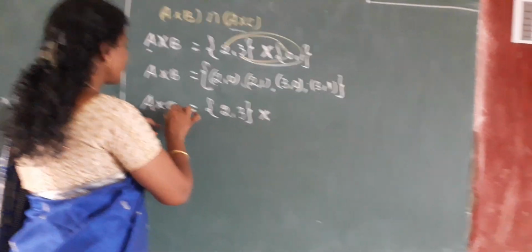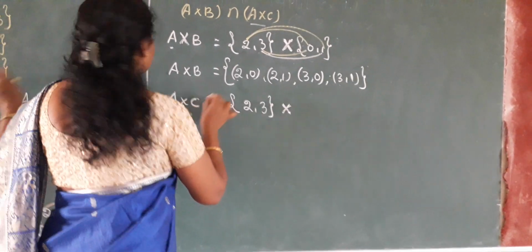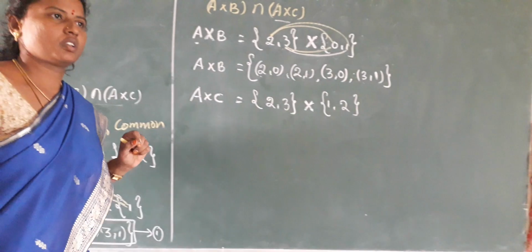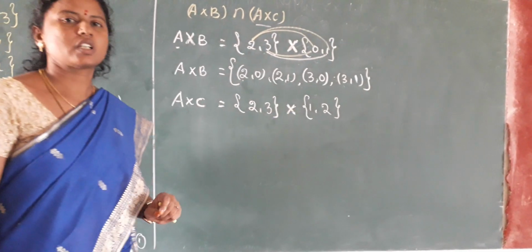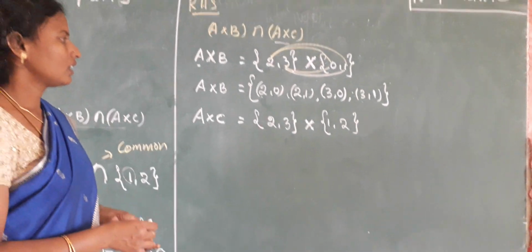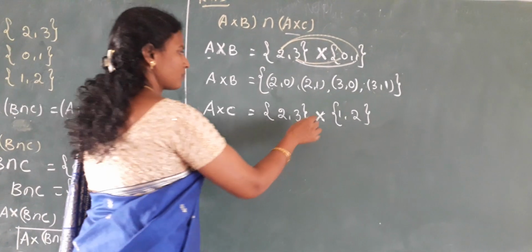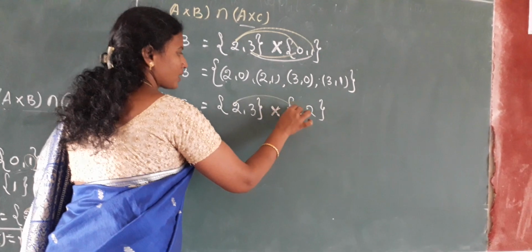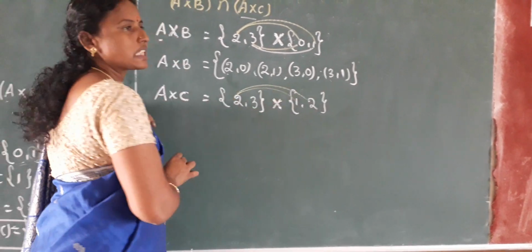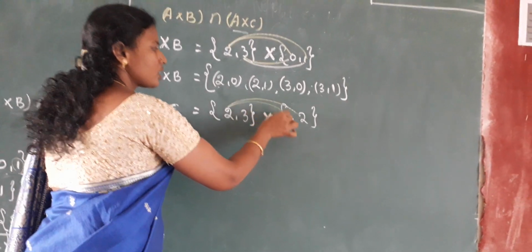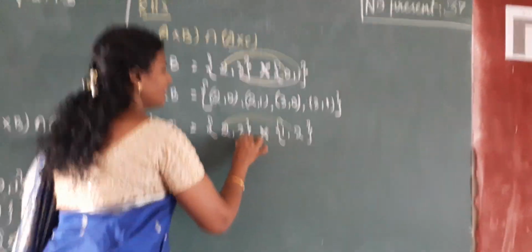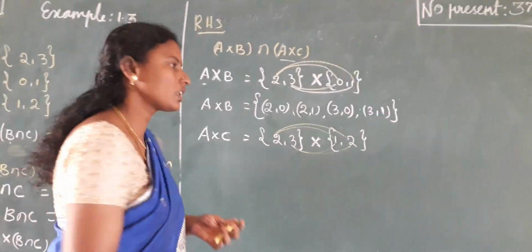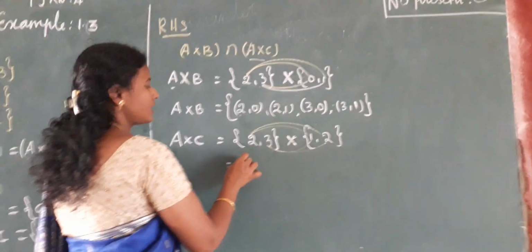And then what is the C value? The C value is 1, 2. Okay, simply we apply the values. Then only we have to do that order pair. The cross symbol is coming, so you have to take the order pair. If you write the order pair, simply make lines using a pencil, draw the line, and then write the order pair. The cross symbol coming means we write the order pair.